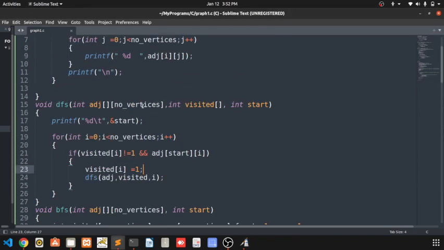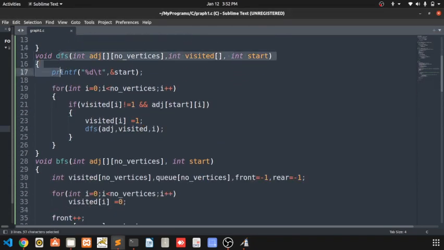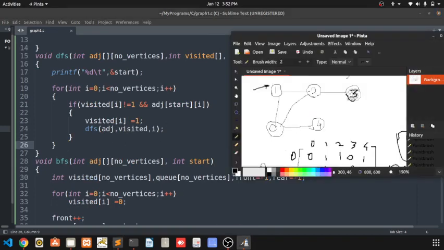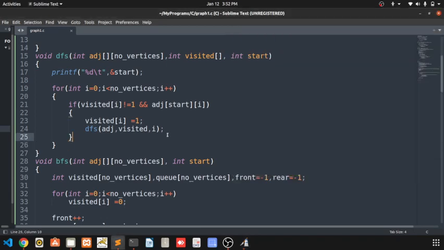So I think you are clear about DFS. Whenever we call this DFS, it goes to the depth of the graph, and when the last base condition is satisfied, it will backtrack.